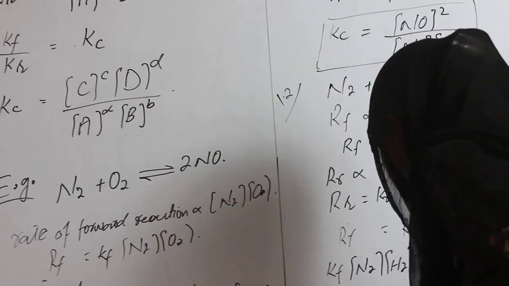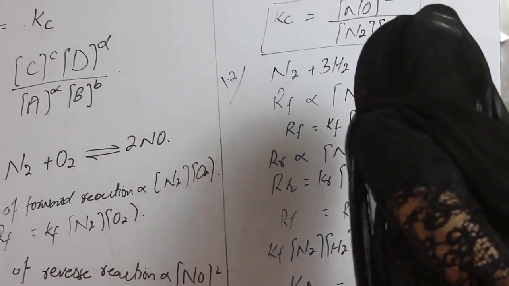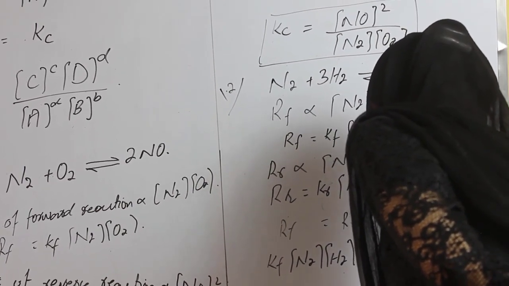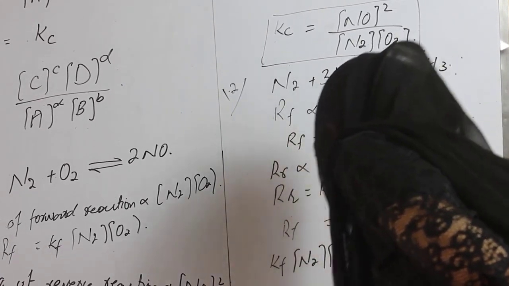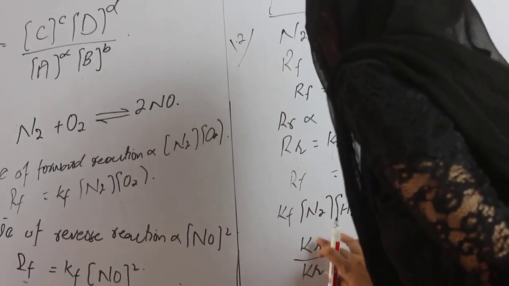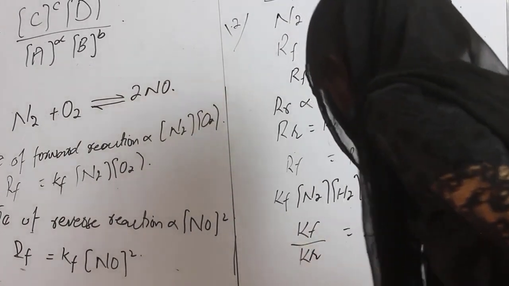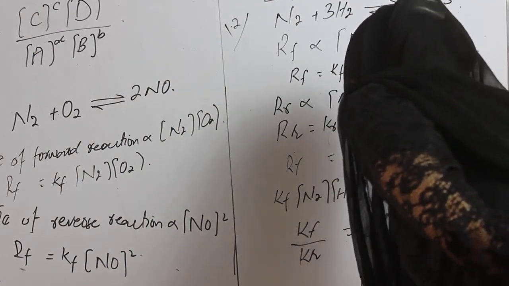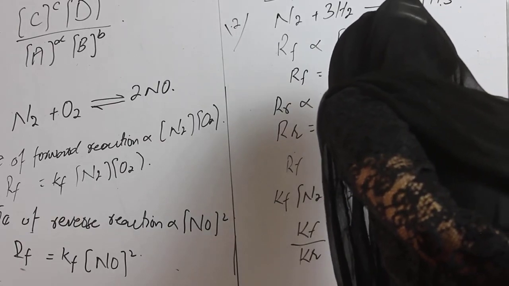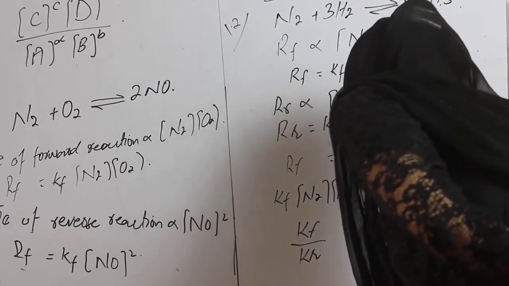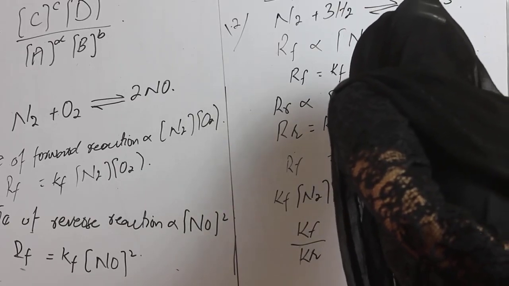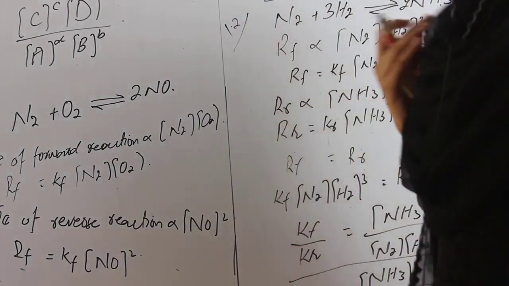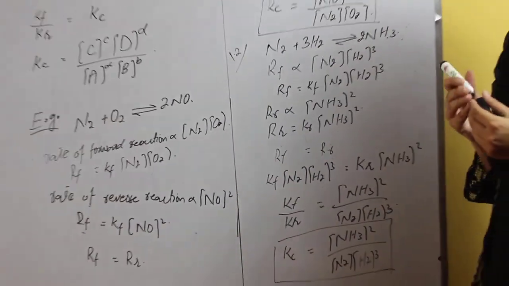By applying the cross exchange method, and in place of the forward and the reverse constants we write the equilibrium constant equal to the number of moles of the products in ratio with the number of moles of the reactants. That is the expression for ammonia gas. Okay, this is our lecture.